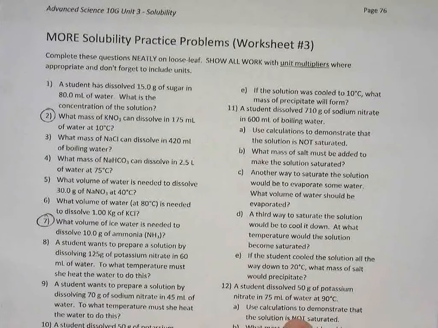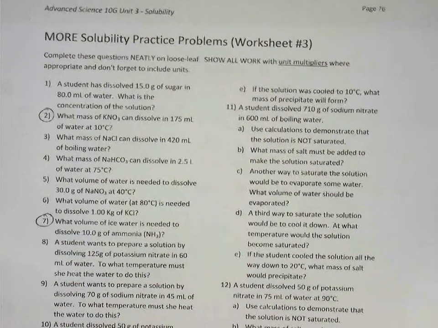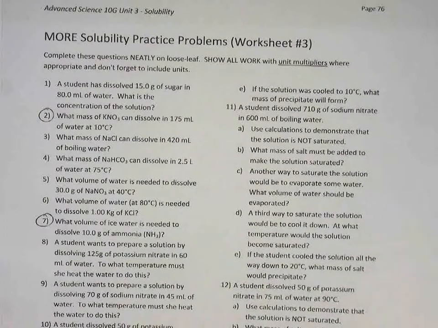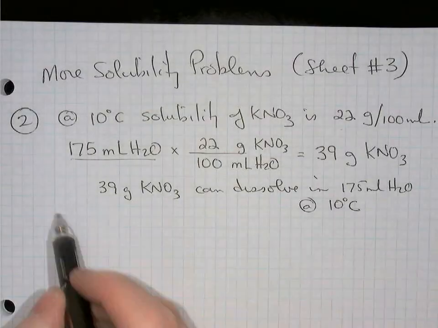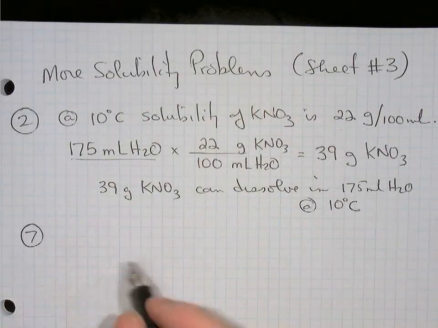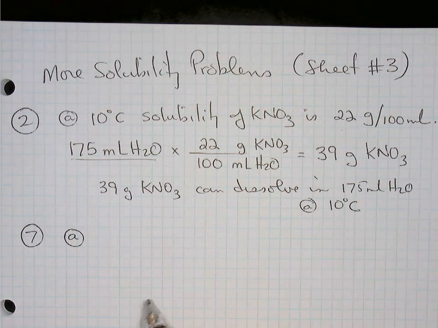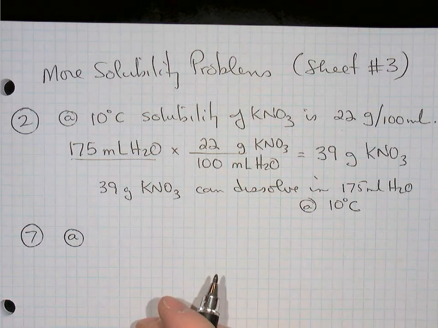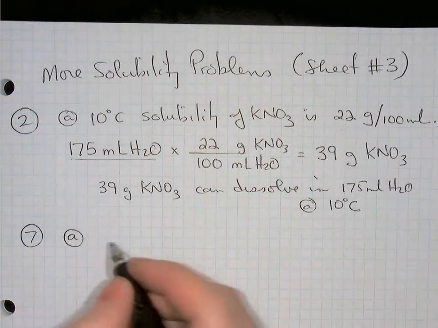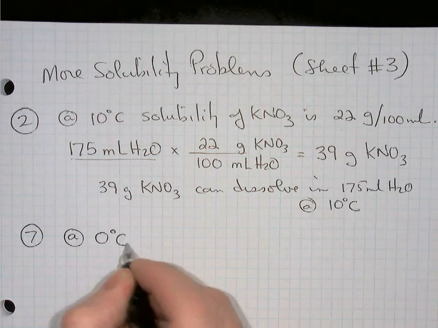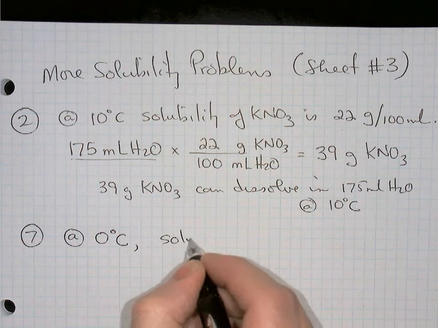What volume of ice water would we need to dissolve 10.0 grams of ammonia? So, question number 7, ice water. Well, ice melts at 0 degrees Celsius, so ice water is at 0 degrees Celsius. So at 0 degrees Celsius, the solubility